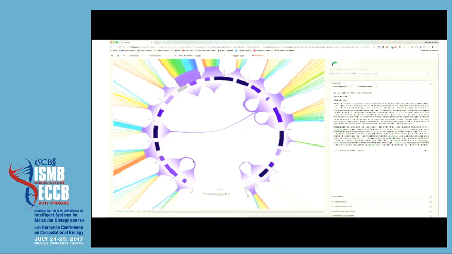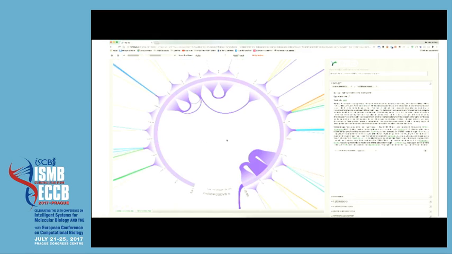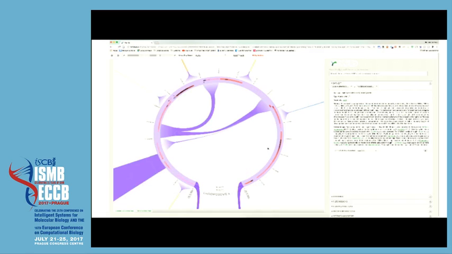That kind of rainbow madness that is going on outside, those are connections to other chromosomes, so trans connections, and as you can see here, I'm drilling down,